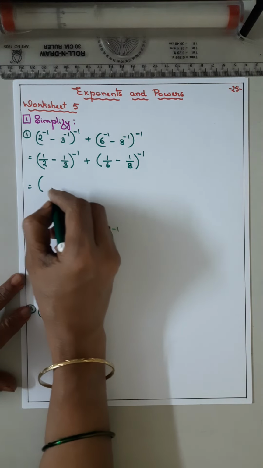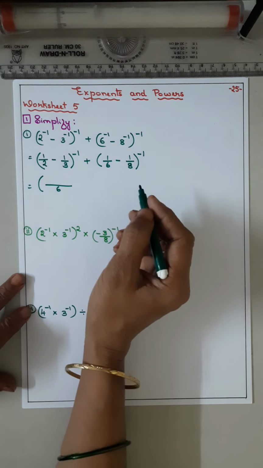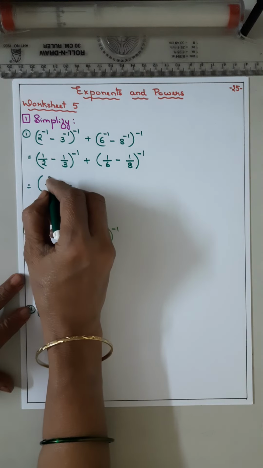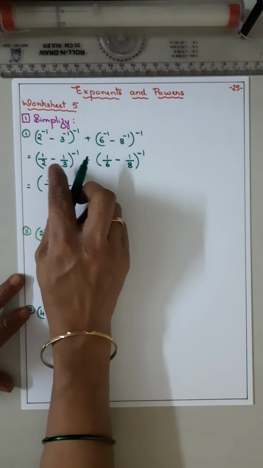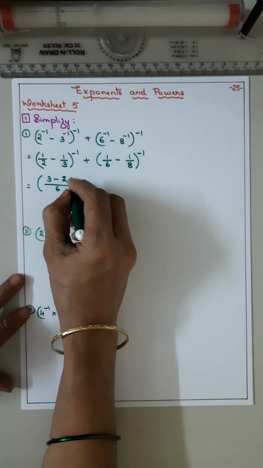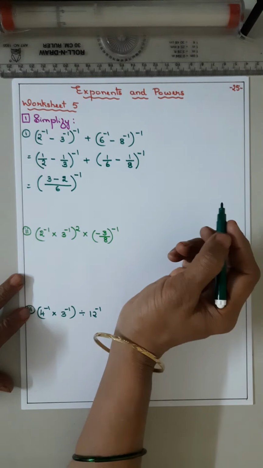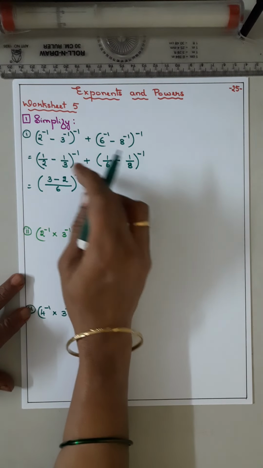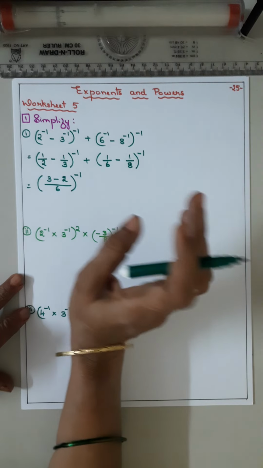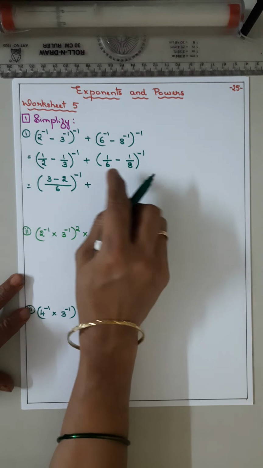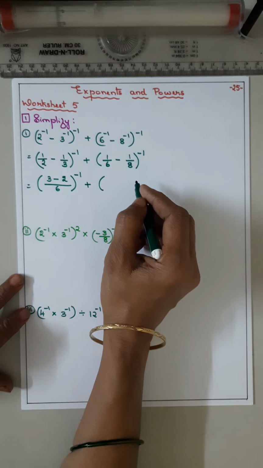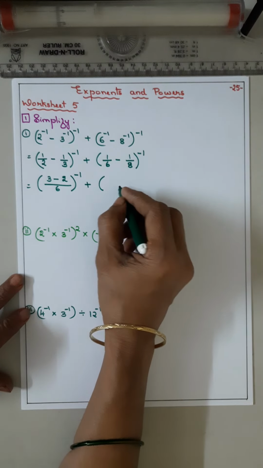So the LCM is 6: 2 3s are 6, 3 1s are 3, minus 3 2s are 6, 2 1s are 2, raised to minus 1. So जैसे है वैसे ही अंदर से वो सॉल्व करने का और minus 1 पावर डालने का. अभी 6 and 8, what is the LCM? It is 24, isn't it?